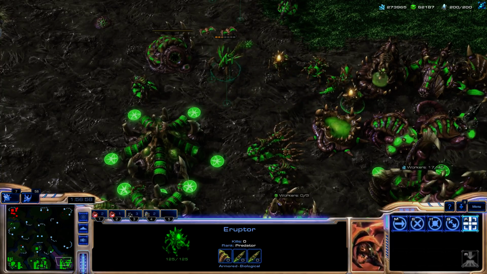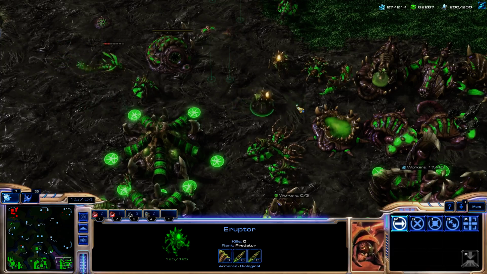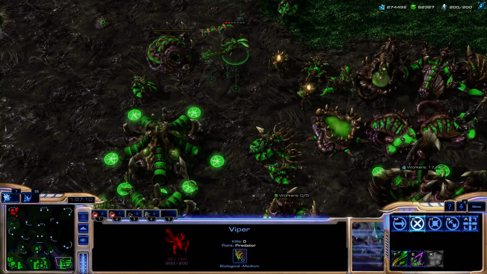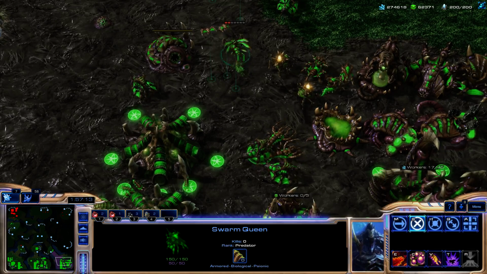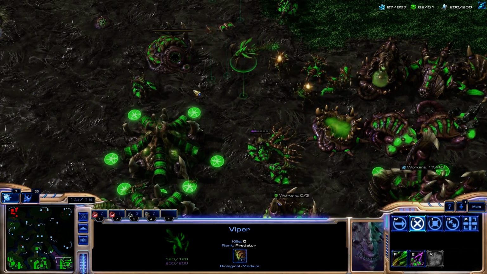Oh, and also, just in case you're wondering, it's not as strong as you think it is, okay? That's more of a zoning unit. But anyways, I can use Nurturing Swarm on top of this Viper and restore its HP. Same thing with the